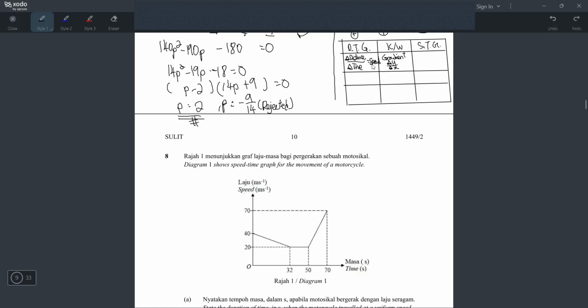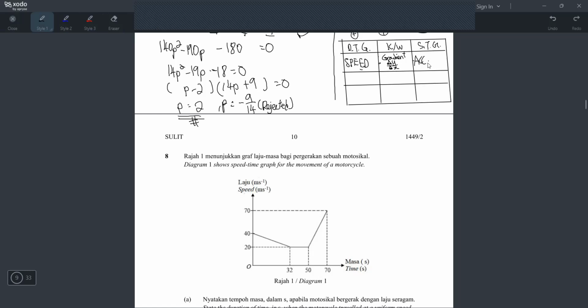So if it's a distance time graph and you want to find speed, you will use gradient. But for STG, the y-axis is speed, and the x-axis is time. And what is speed over time? Acceleration, right? But I want to make my nota simple. So can I erase this because not enough space. I want to straight away give you the particular. So this one I straight away write speed, and this one I straight away write acceleration.